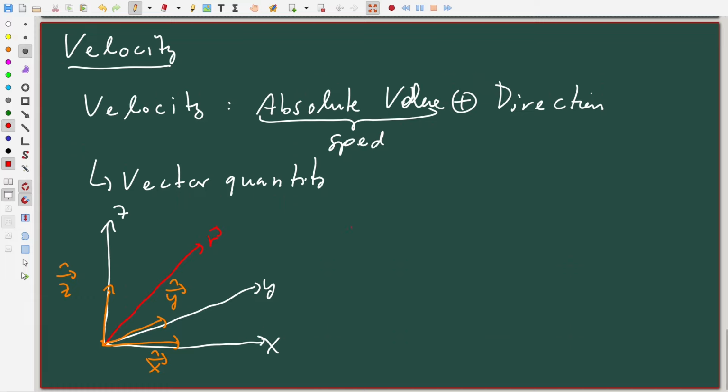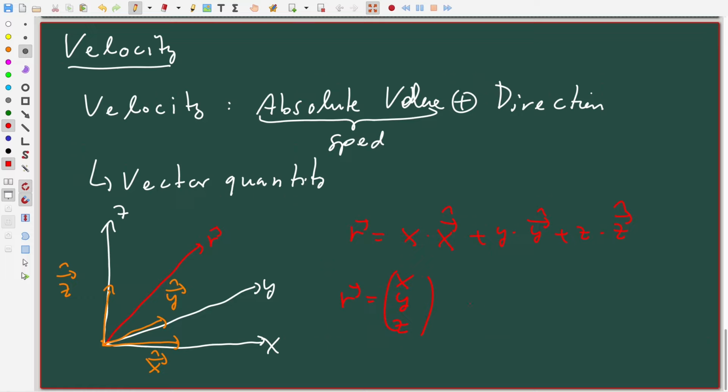Okay, and then we can, of course, as we know already, write this vector r as a linear combination of the X value of this vector times the unit vector in X direction plus the Y value times the unit vector in Y direction plus the Z value times the unit vector in Z direction. Yeah. So if our vector is given as x, y, z,